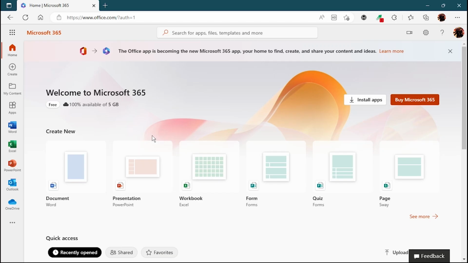So the first tip will be office.com. Let's say you don't have Microsoft Excel, PowerPoint, Word, or even Outlook installed on your PC. You don't have to worry about any of those. Just go to your web browser and search